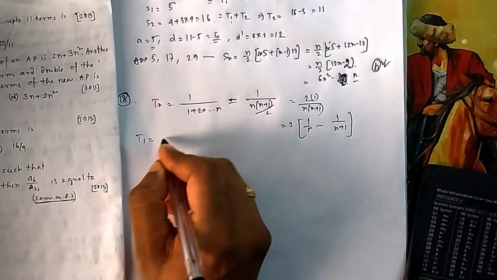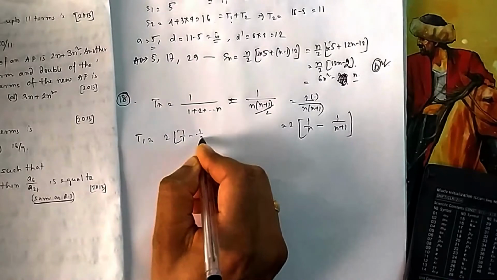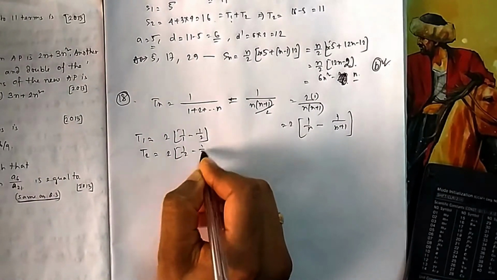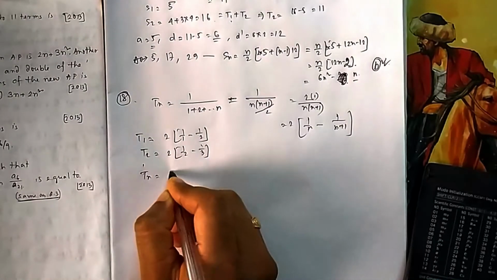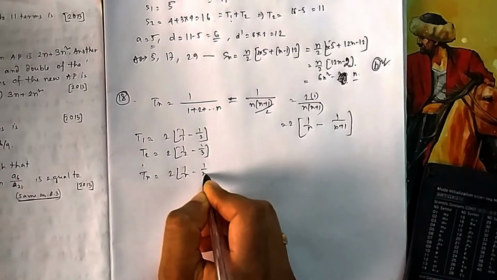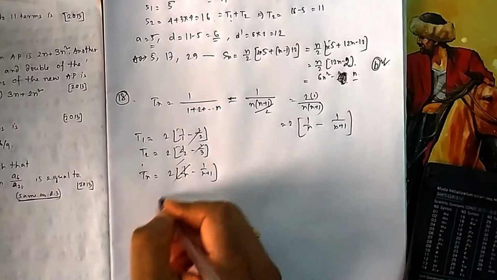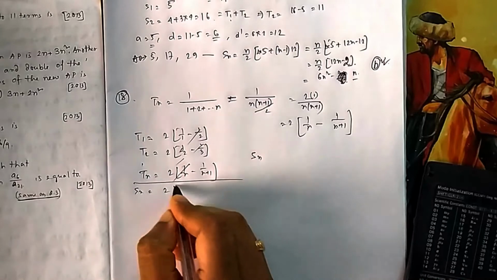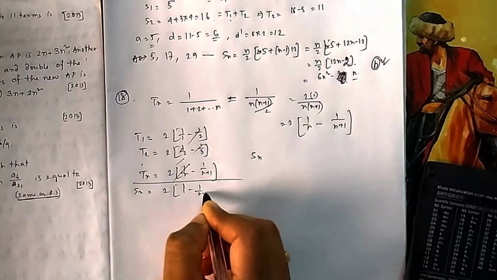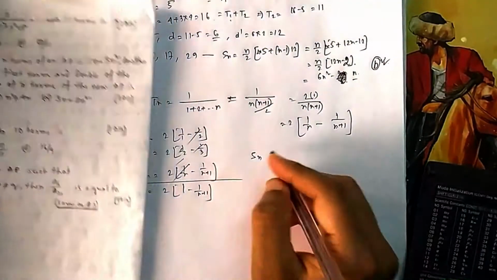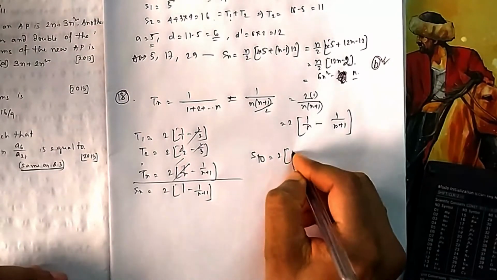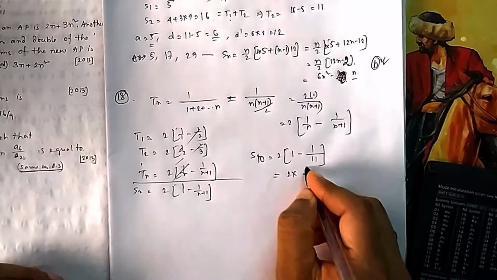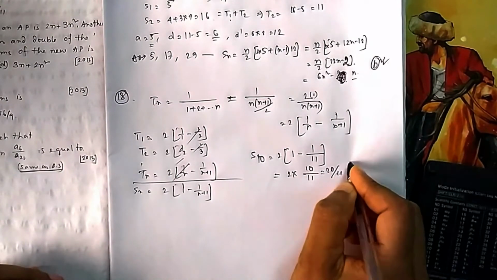Now if you write again T1, this one we have seen just now. So I am doing one more time for you. So it is 1 by 2 minus 1 by 3. And if you go to Tn also, it will be 1 by n minus 1 by n plus 1. So this gets cancelled, the first term will get cancelled. So your Sn will be equal to 2 into (1 minus 1 by n plus 1). Now what they ask you is up to 10 terms. So S10 will be equal to 2 into (1 minus 1 by 11). That is 2 into 10 by 11. So 20 by 11, that is your option C.